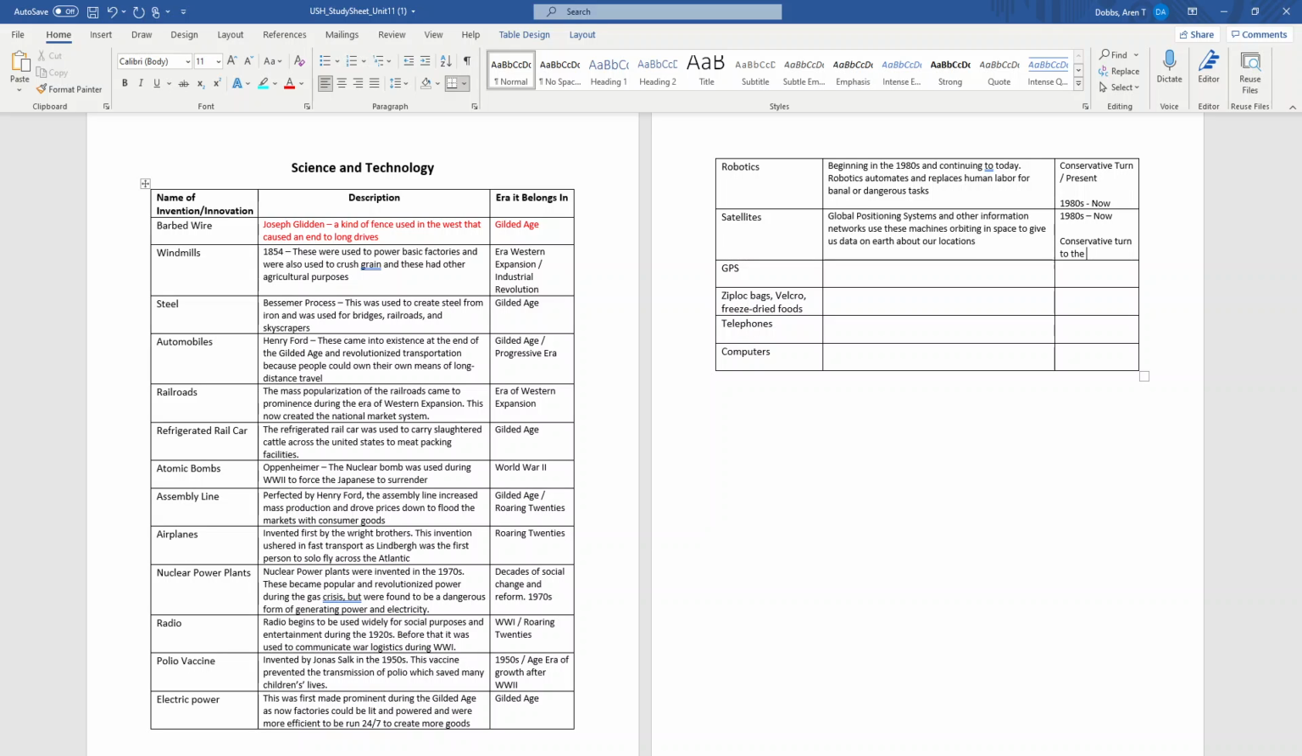GPS, global positioning, pretty much the same thing. Positioning, got to spell that correctly. Global positioning systems triangulate our exact position and place us relative to where we need to be. This is something we use every time we use our